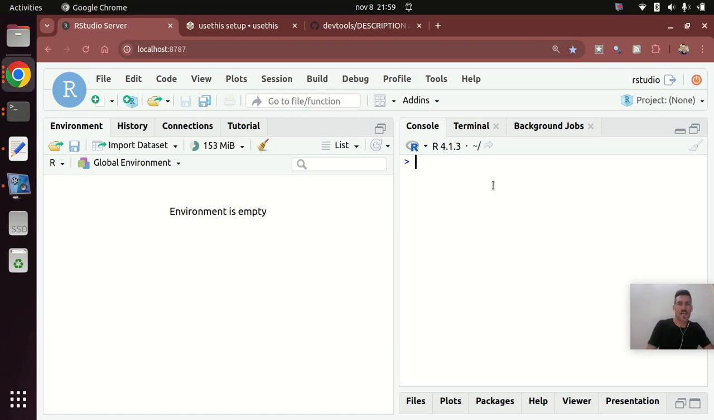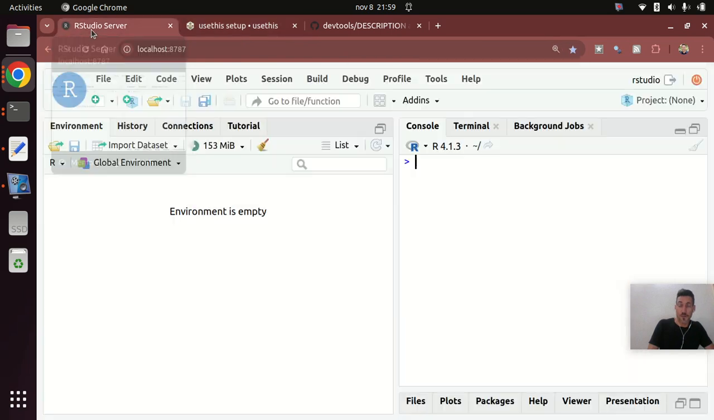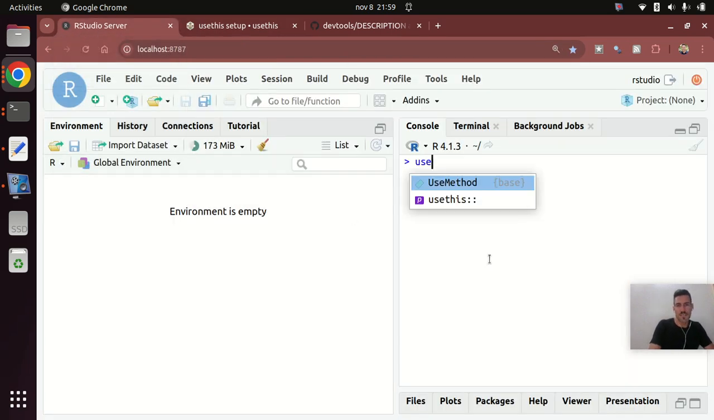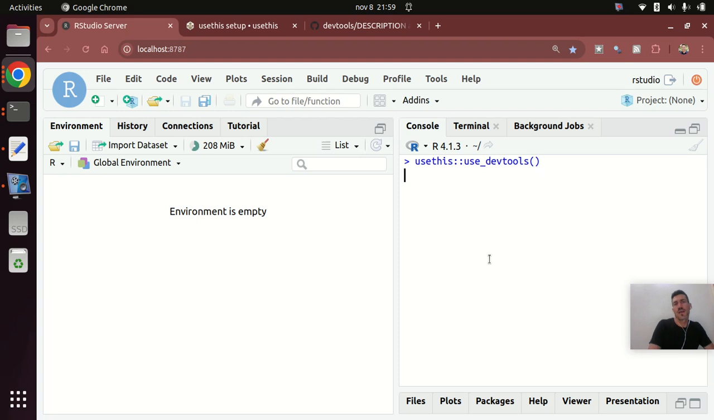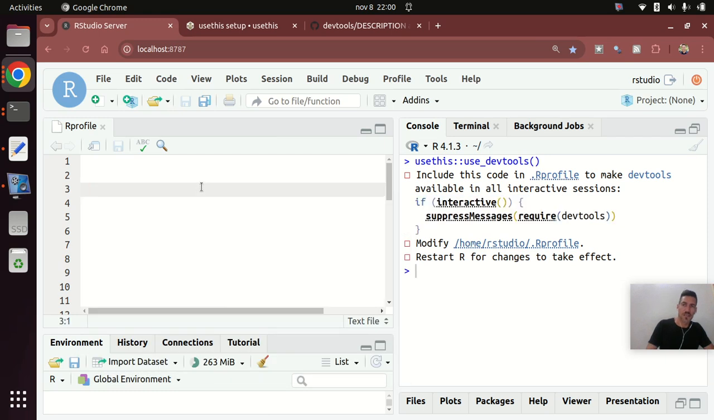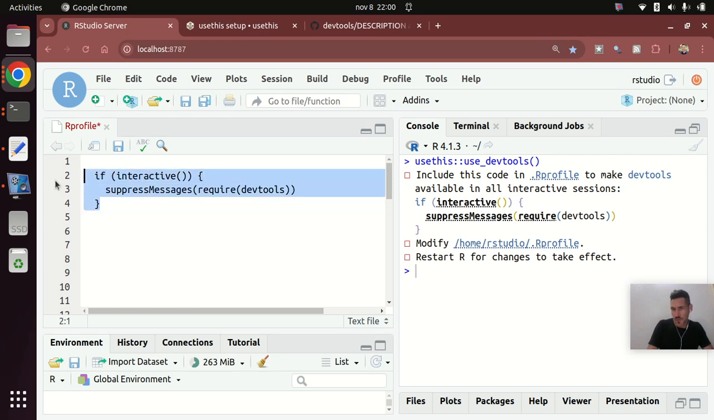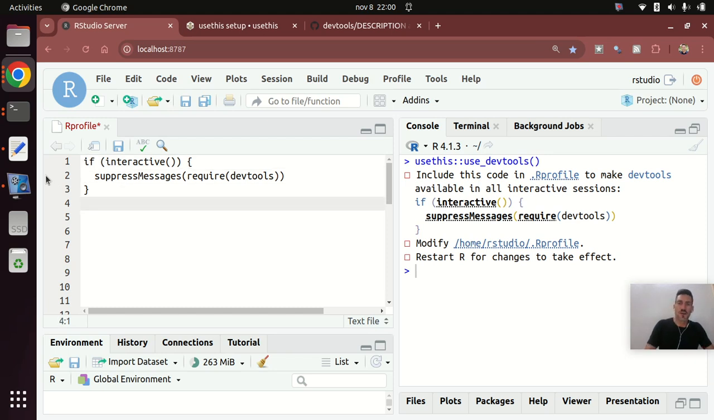So the motivation is that if you read the setup for usethis, you will see that it advises you to set up a bunch of developer tools, basically pasting this in your R profile file, and usethis helps you with that. If you do use devtools, it will give you the code that you need to paste there, the one that I just showed you online, and then opens your R profile, and then you paste it there. Actually, we need to move this a little there, and that's great,